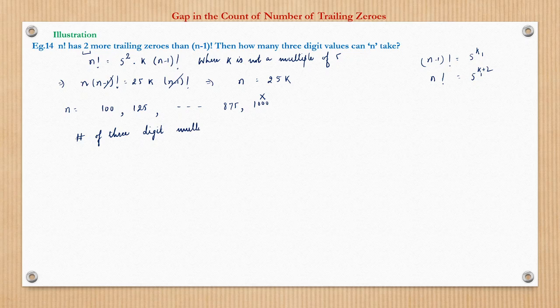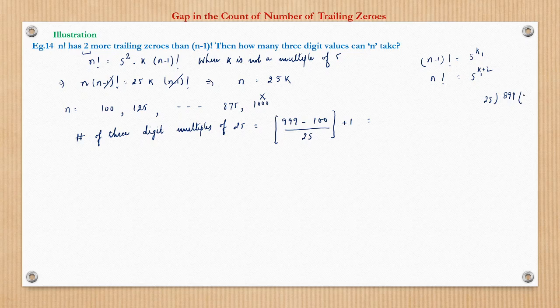So the number of 3 digit multiples of 25 we can find directly. The highest 3 digit number is 999, the lowest 3 digit number is 100. Divide by 25, the common difference, plus 1. This is just a formula to find the number of terms of an AP series with a common difference 25 and the terms of the series lying between 100 and 999. This is a greatest integer function. So this becomes 899 upon 25.